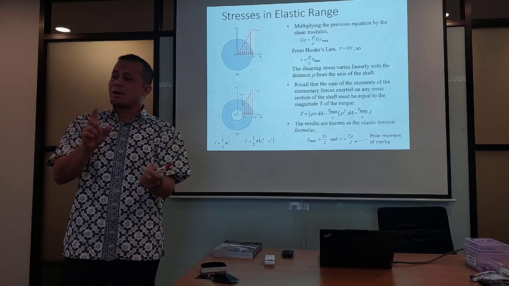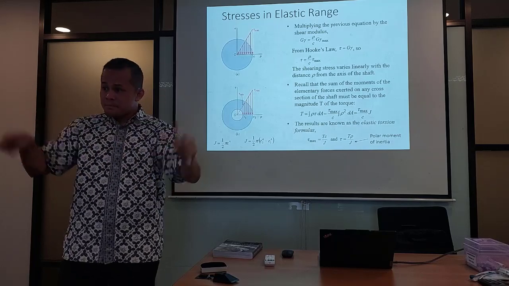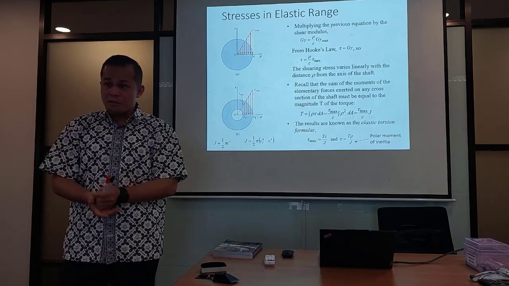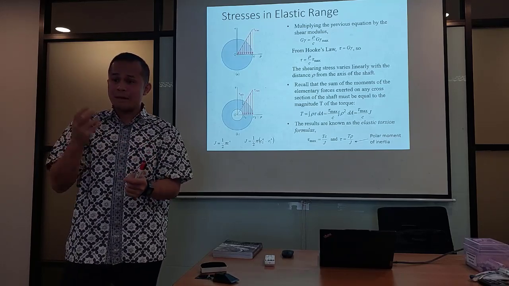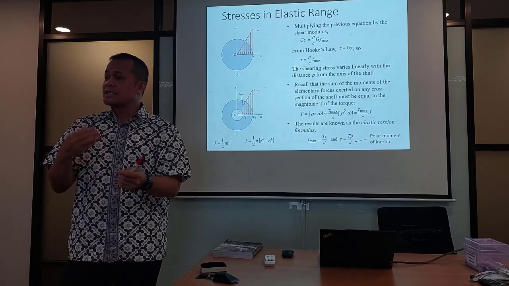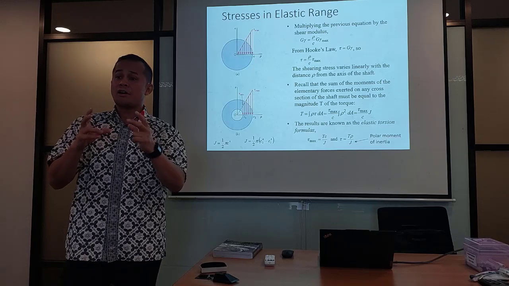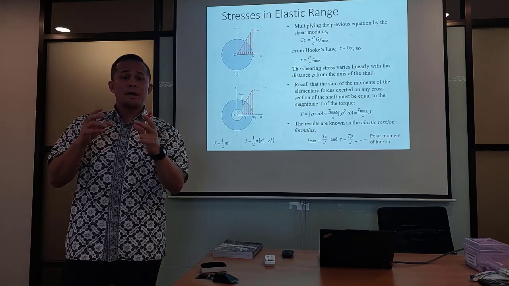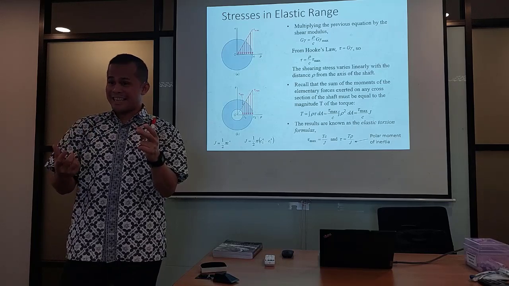But mostly we are interested in the torque generated at the most outer surface. Why? We would like to know the maximum tau, the maximum shearing stress generated on the surface of the shaft,